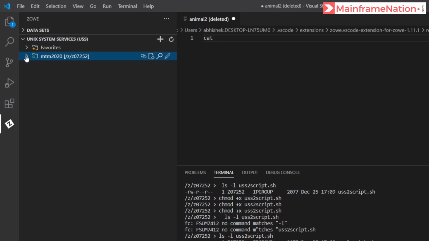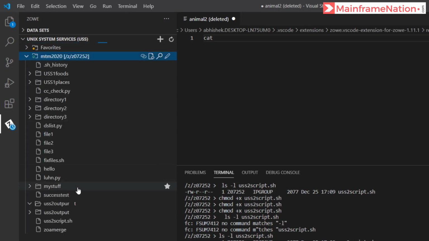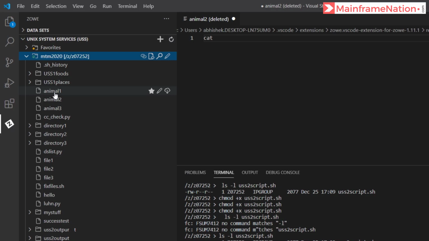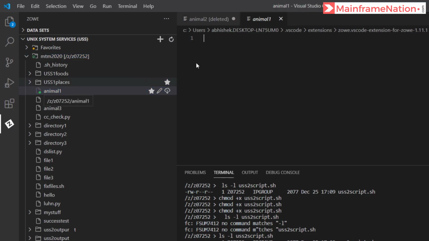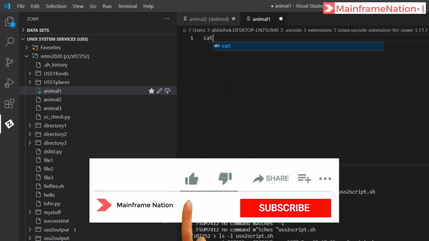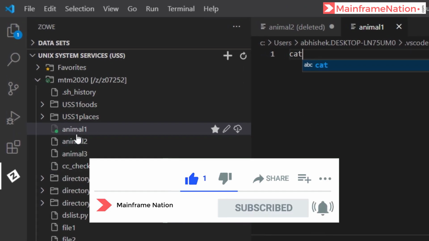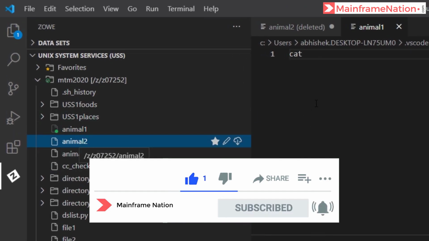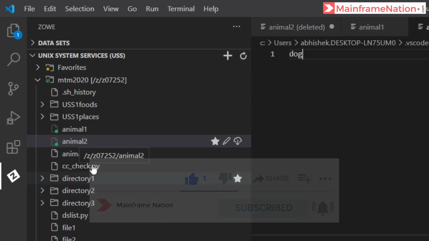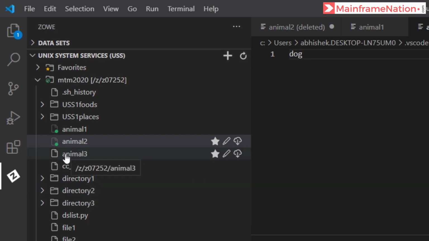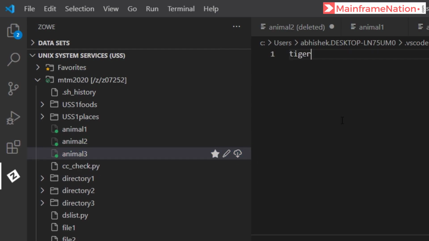Now let's close and expand again. And here I can see animal1. Let's give here cat, control save. Let's give in animal2 dog, control save. Then let's go to animal3, give tiger, control save.